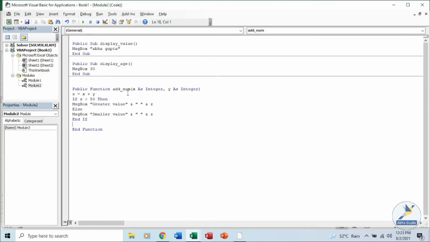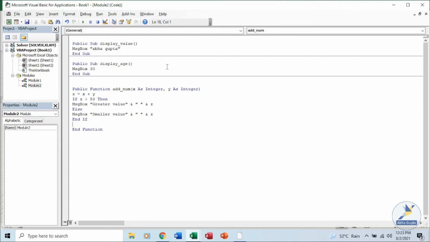We have created this function and we are running this function. The same function can be called from somewhere else also. Say if I have a function add number over here and I want to call it in, say, display value, then that can also be done.